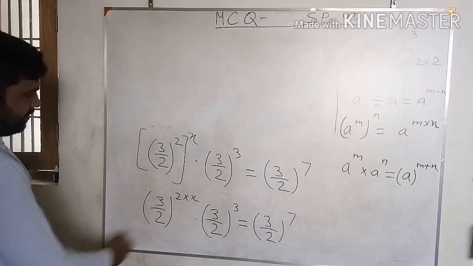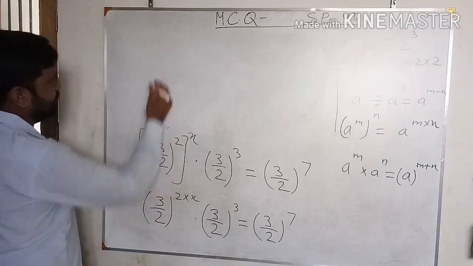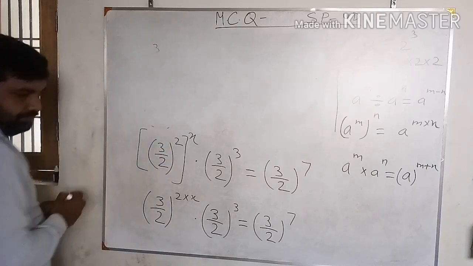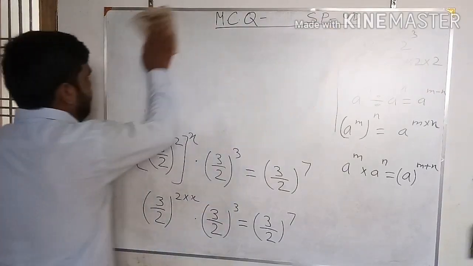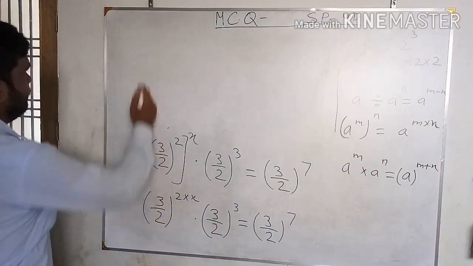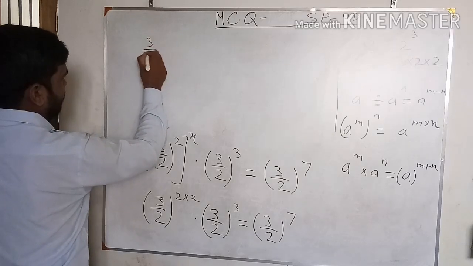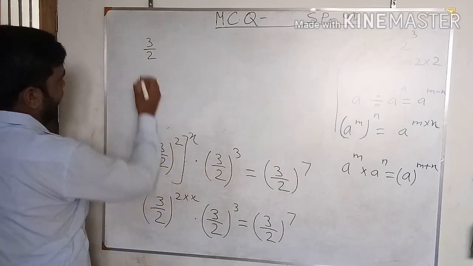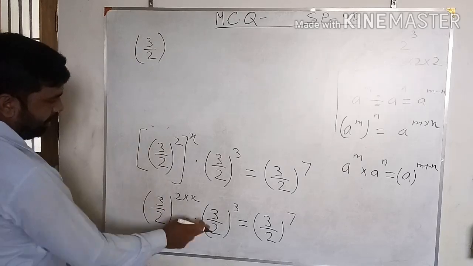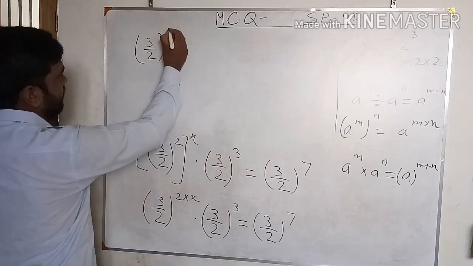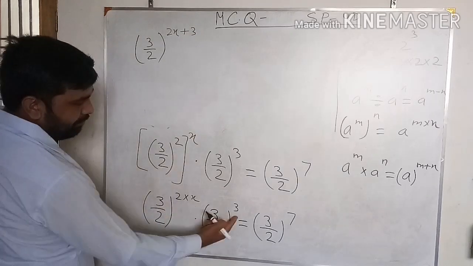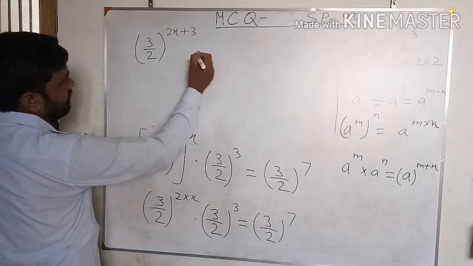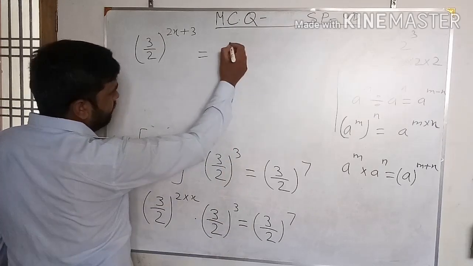In the next step we take the base 3 by 2 and we add the powers because of applying the product law. 2 multiply x means 2x, and the second power is 3, that is 2x plus 3 equals to 3 by 2 to the power